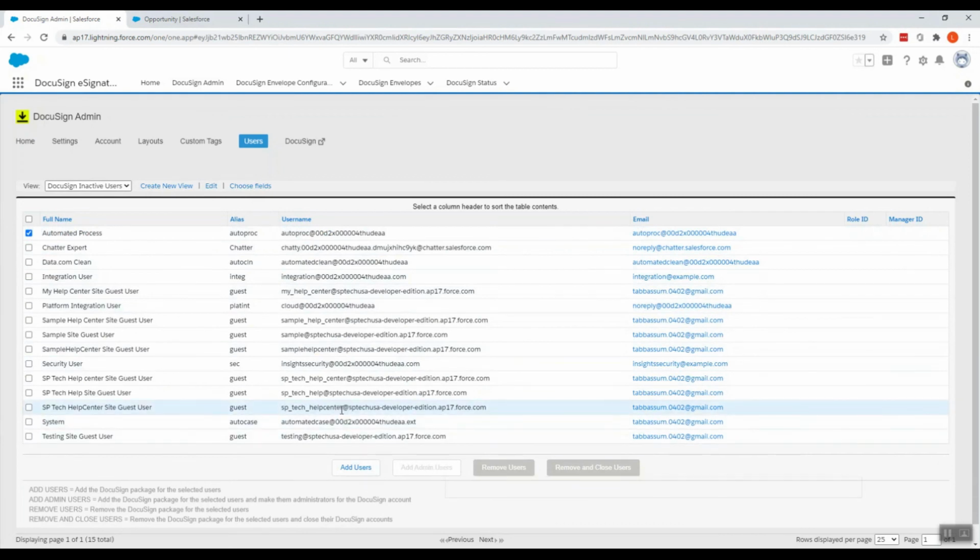If the user has an existing DocuSign account and DocuSign e-signature for Salesforce does not have the correct email and password combination for the user, an activation link is sent to the user. Once you add them as users, the process is complete and they become active users once they send at least one envelope. And hence these are the configurations to be done with DocuSign to integrate with Salesforce.